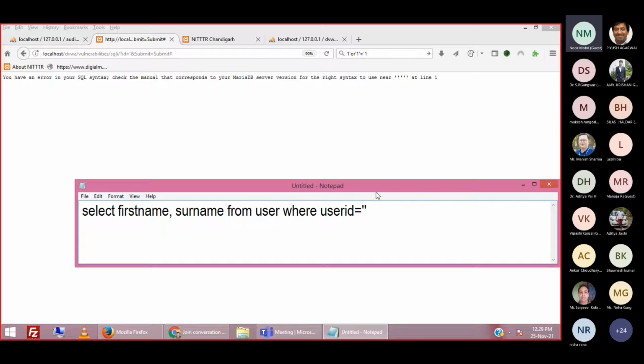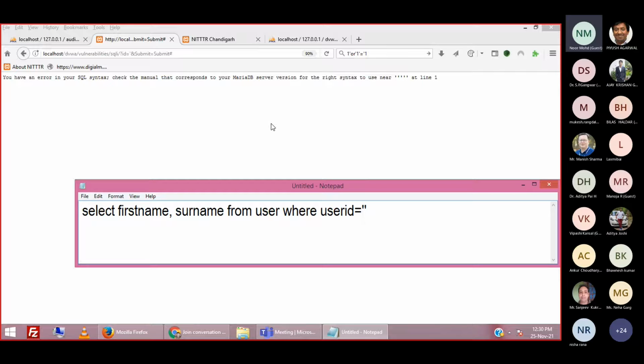If the page is receiving any dangerous input, it should not send this single quote to the SQL query. Once this single quote reaches the SQL query, the danger has been done. The problem has been done. So you should avoid this single quote reaching the SQL query.